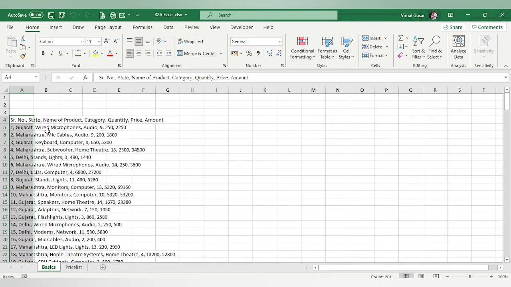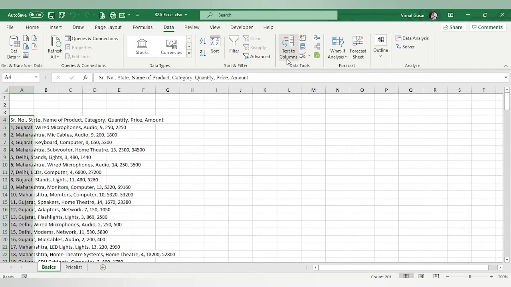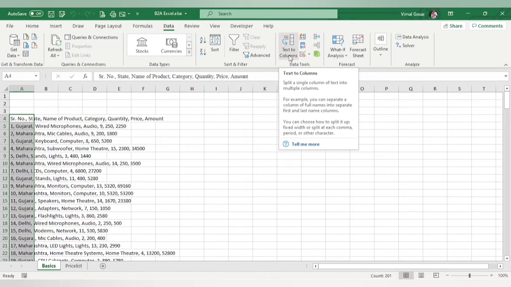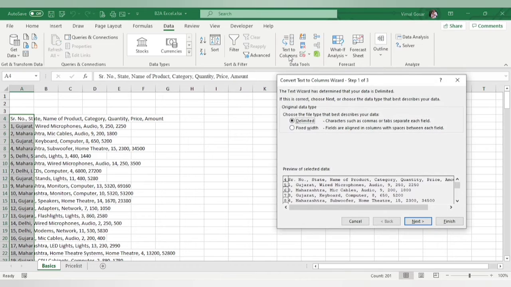Now after selecting, what we have to do is go into the Data tab over here, and in the Data tab under Data Tools we have Text to Columns. So instead of having it in just one single cell, we will separate it into different cells, and this is how it can be done. So we'll click on Text to Columns. Here we have Delimited or Fixed width. There are two different options available. Either you want to have the width as a fixed number of characters, or you want to delimit it.